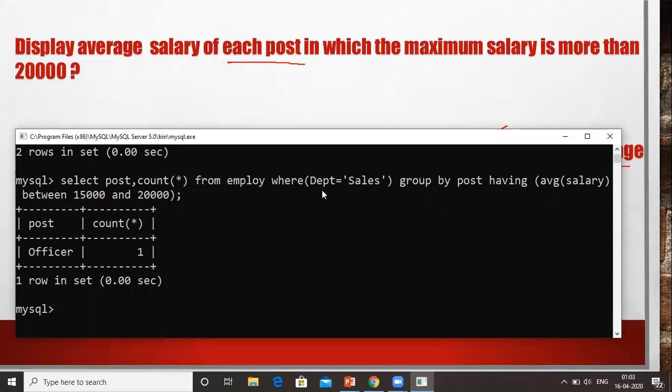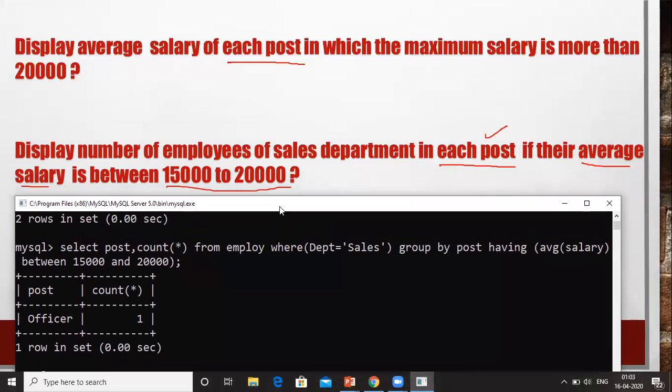So out of all the posts like officer, manager and clerk, only the officer group satisfies the given condition. Okay, so we got the name of the post and the number of employees in that post, right? So this is the answer of the second question. I hope you understand this. Okay, so let's move to the third question.